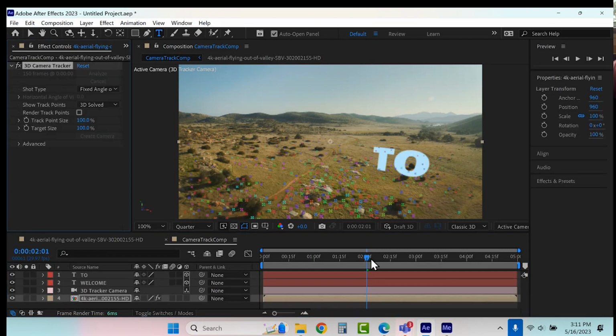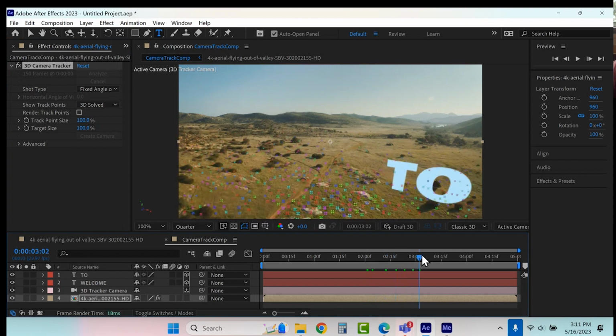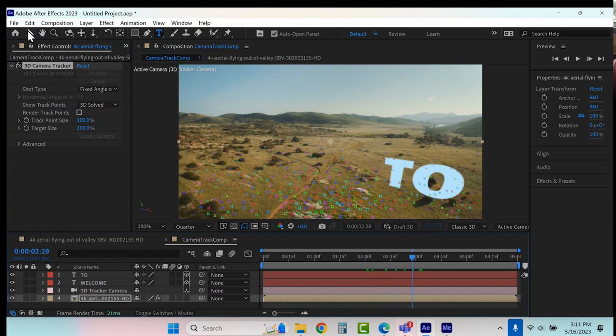Activate my camera tracker. A little bit further here. Let's say this area right here. Come on, grab me some. Excuse me a second. Let's put one right there.